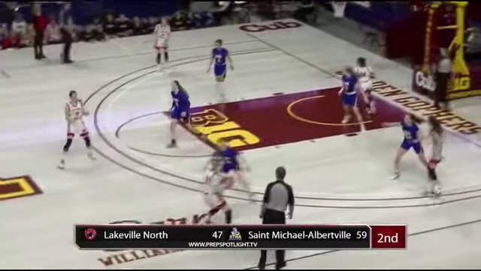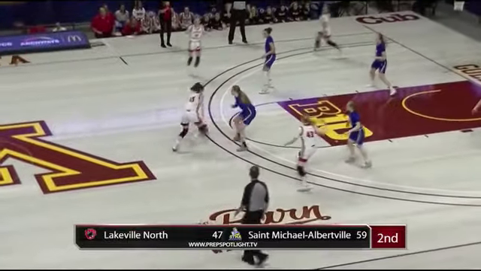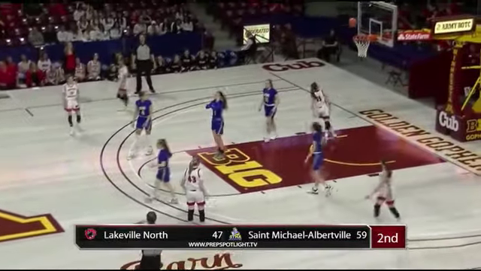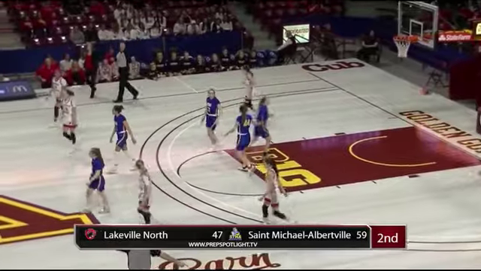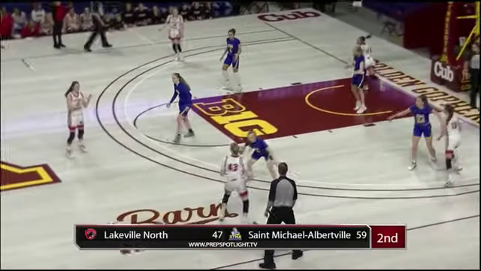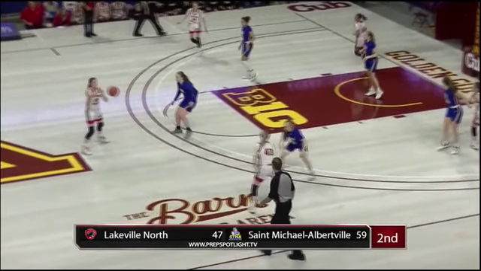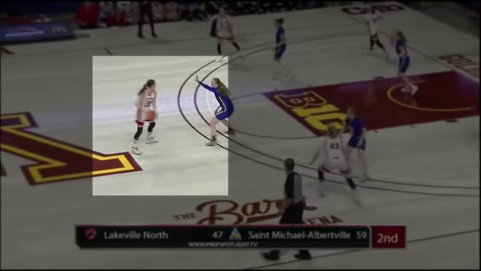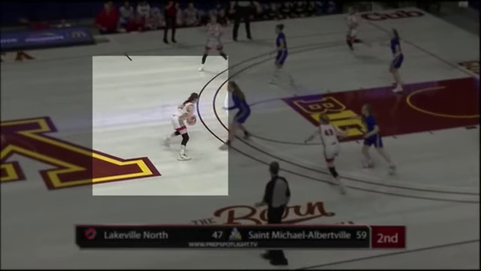So good job of initiating a rotation, going to our spots, picking up our initial matchups. So that's all very good mechanically. And then from a traveling perspective, you'll see here that if we slow it down, that the player at the top of the key